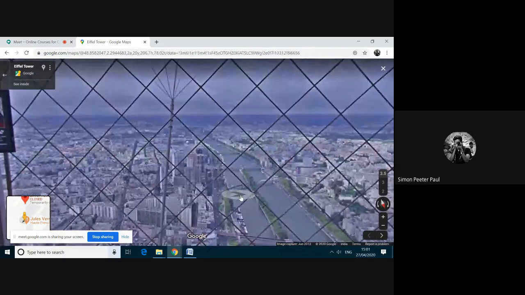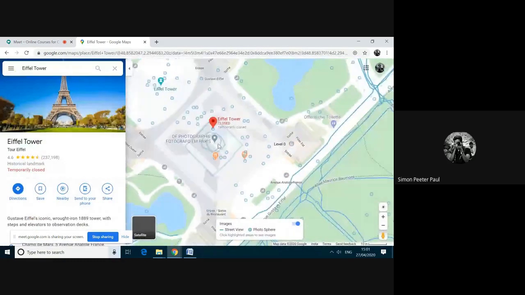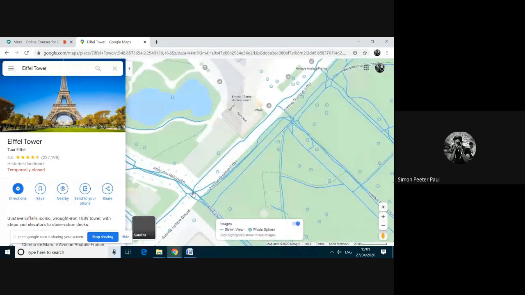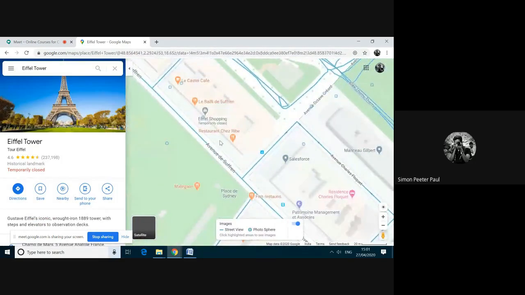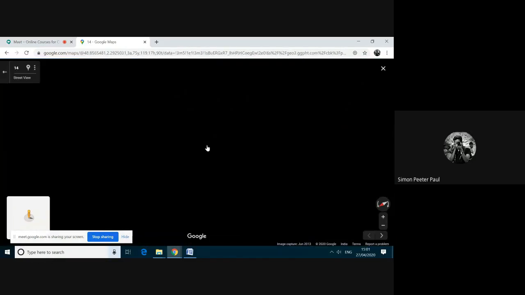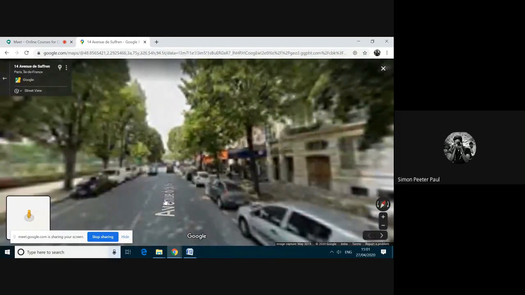And here I want to roam around the Paris street. So which place shall we go? Okay, to this restaurant road shall we go? I'm clicking this road. We came here to some place. Okay, let it get loaded.